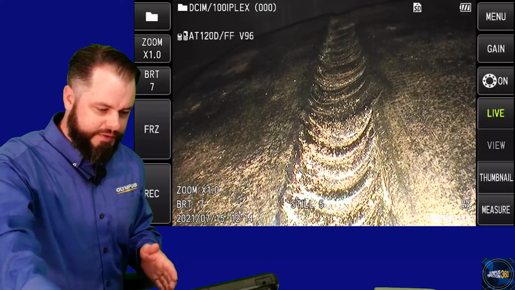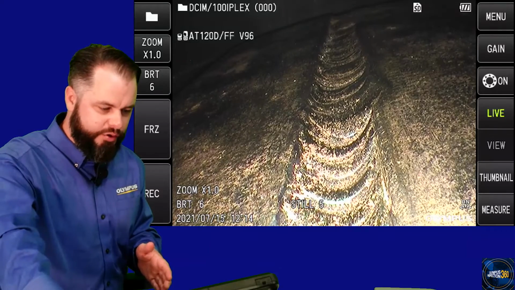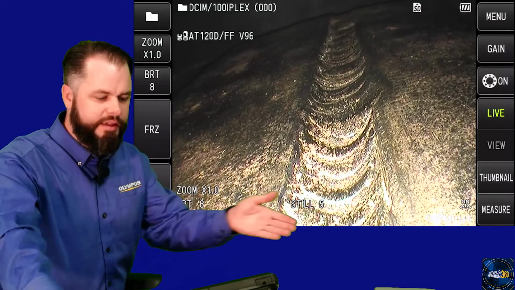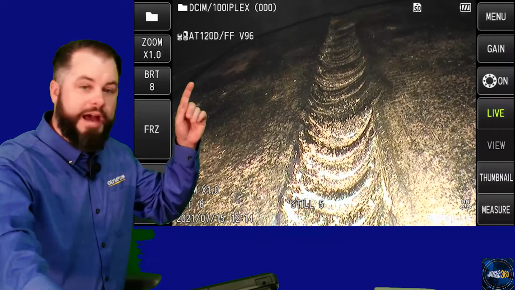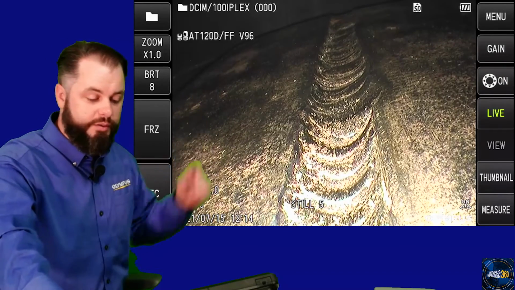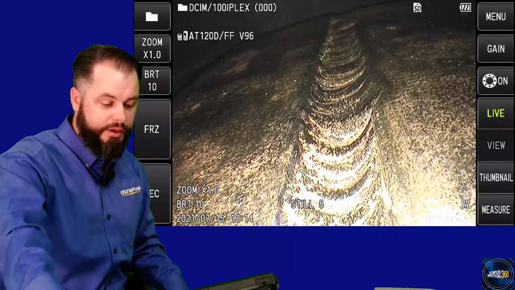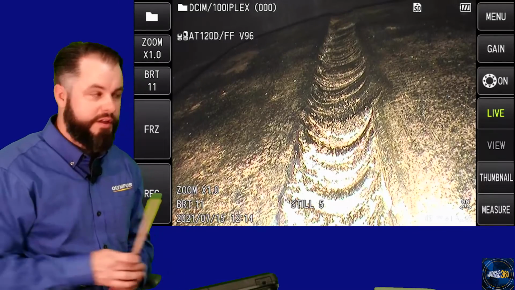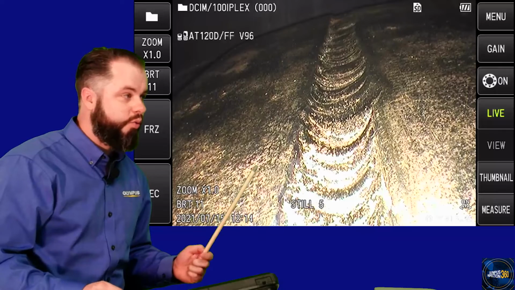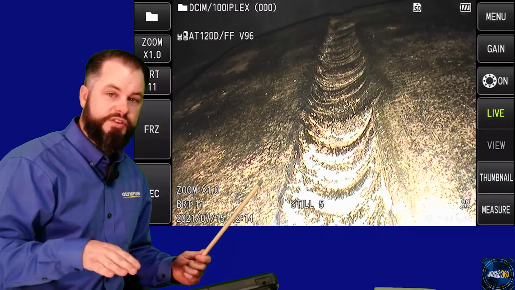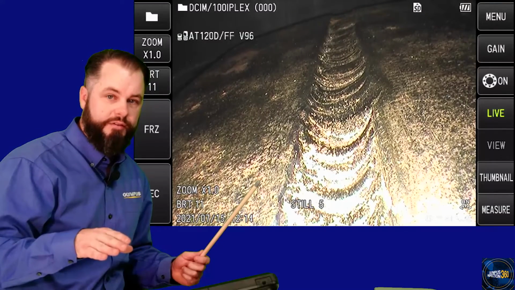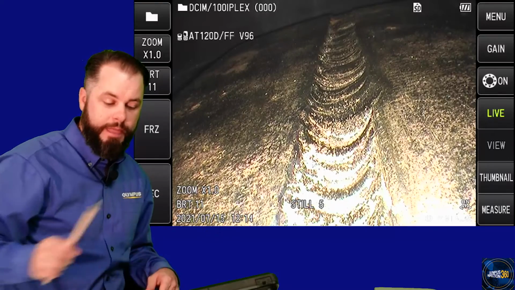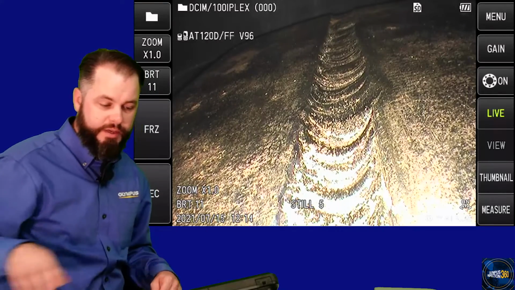What I see more often is somebody turns the brightness up to about 6 or 7, and then they need a brighter image because the background of this image is a little bit too dark, so they turn the brightness up, forgetting that in the closer section of the image, it is starting to be washed out because the scope is still increasing the amount of light coming out of the tip adapter. And this happens, and they do this because